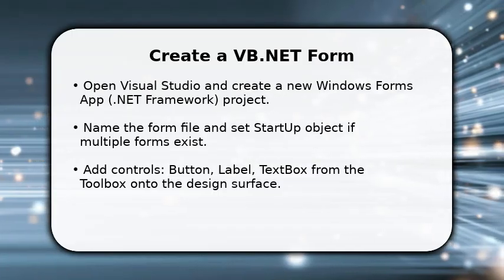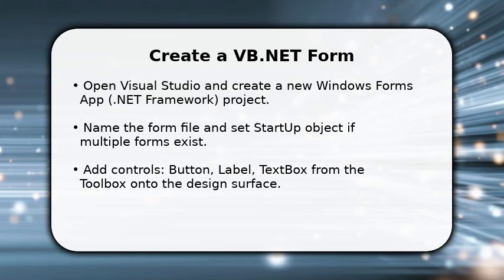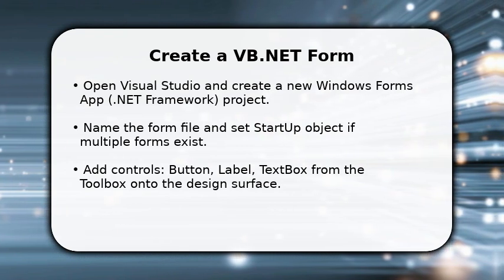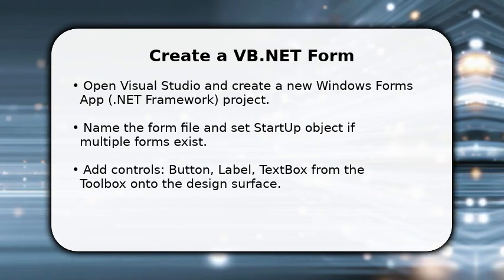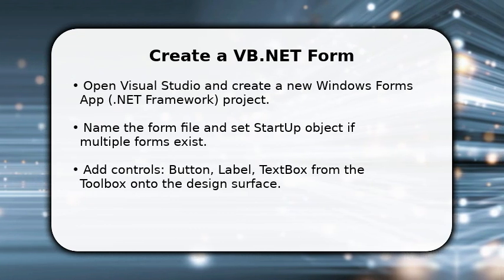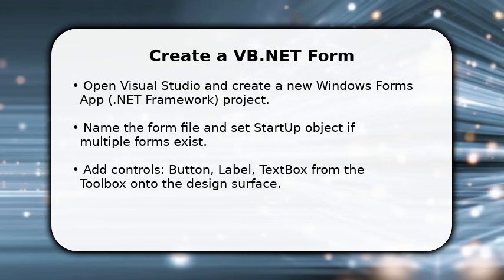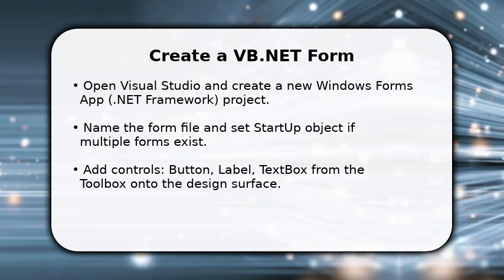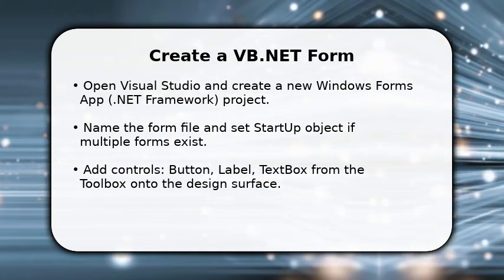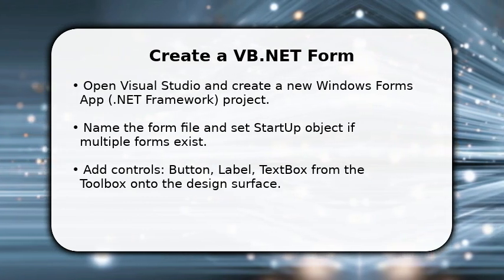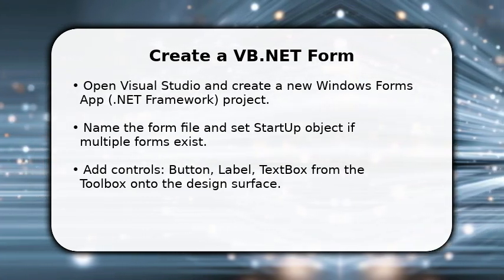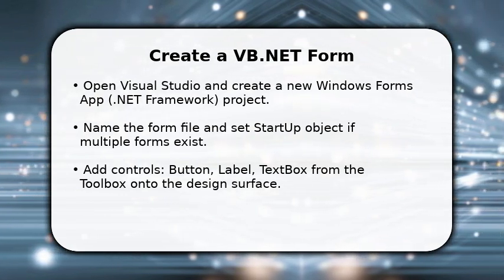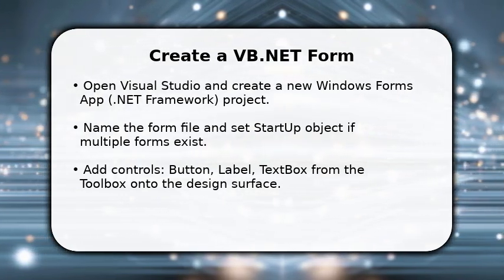You begin by creating the form inside Visual Studio so you can work visually. Open a Windows Forms app project and add a new form if needed. Once done, place core controls, text box for input, button to trigger actions, label for feedback, directly on the designer. Make sure to name controls with meaningful identifiers like txtName and btnSubmit for later code clarity. You'll also configure basic properties such as size, text, and anchor now so layout behaves predictably as you build the